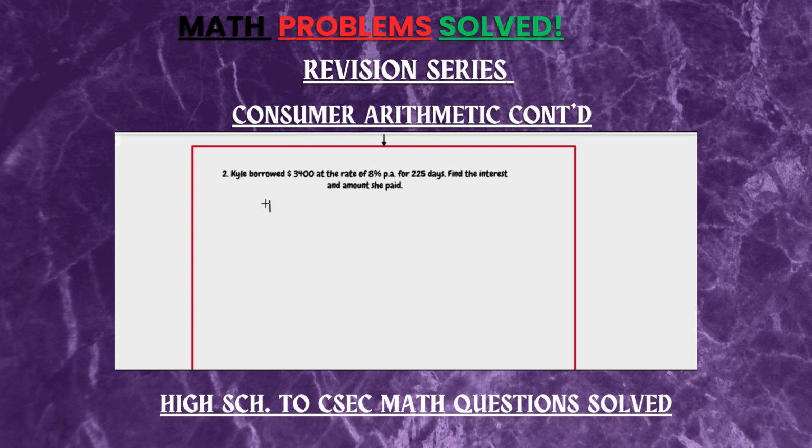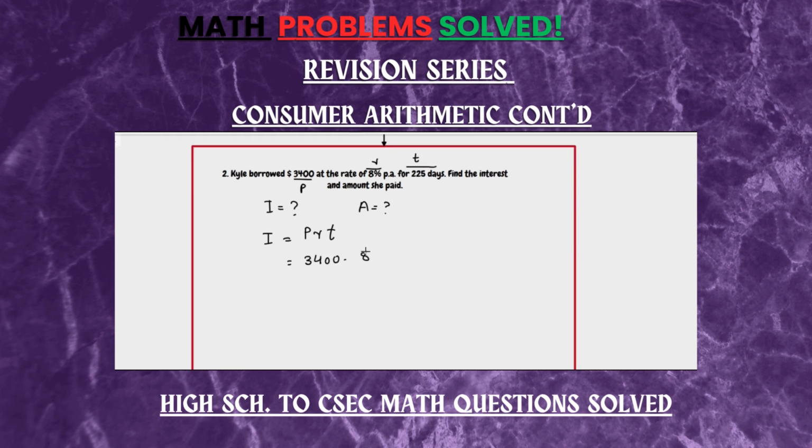Here we have to find two things: the interest I and the amount A. Both of them we have to find here, right? So first of all, we will find I. Here this is the principal amount, this is the rate, and this is the time. But time is given to us in days. So I equals